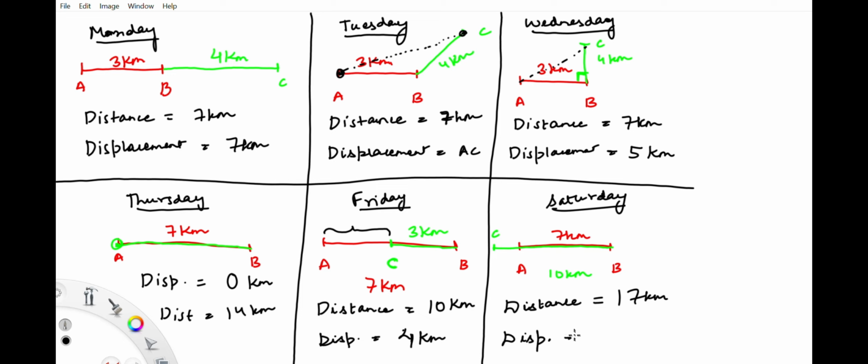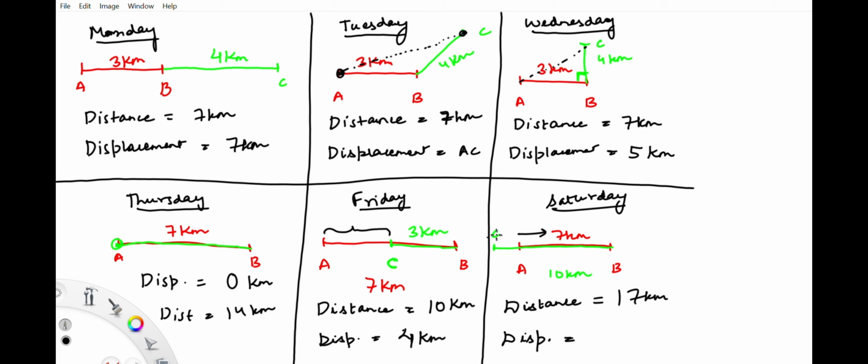If I want to calculate the displacement in this case, I started off from point A. Let's say point A was my 0 mark, and I moved towards the right of the 0 mark, something like a number line, where all the numbers to the right of 0 are positive and all the numbers to the left of 0 are negative. I started off from this point, and I considered this direction to be my positive direction.